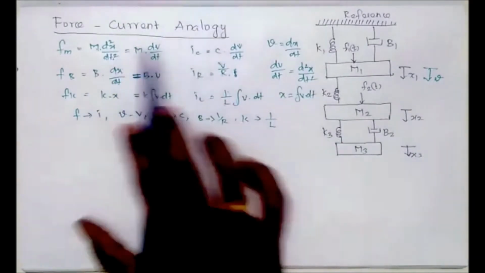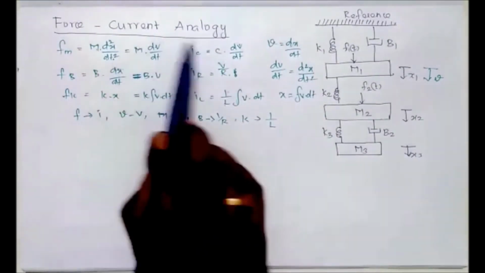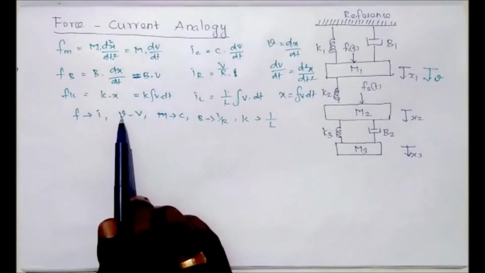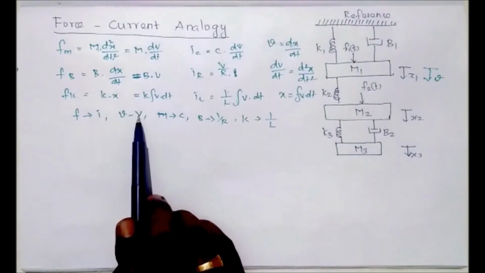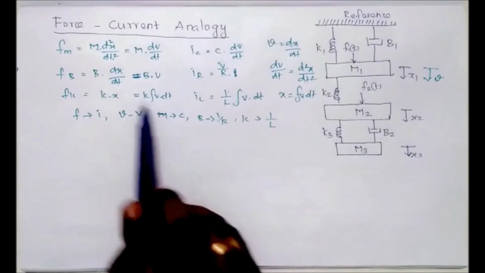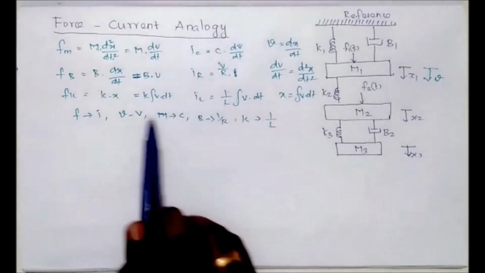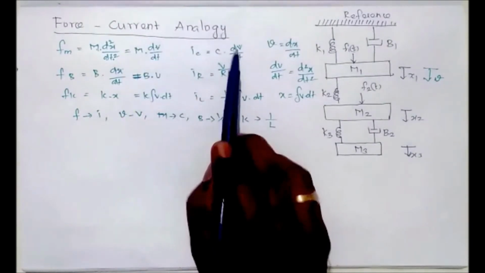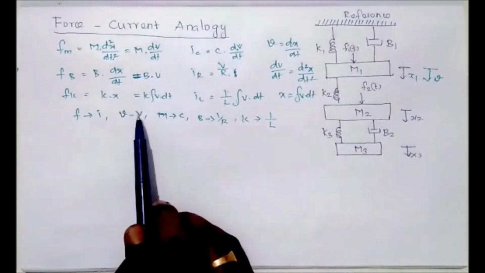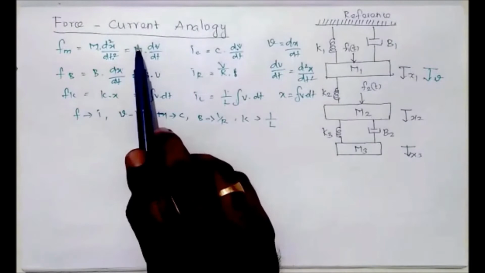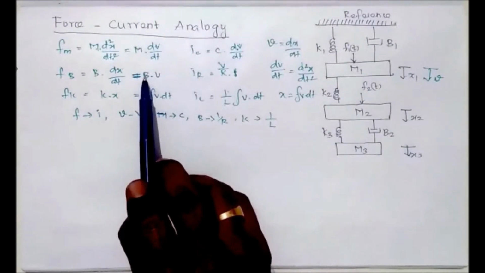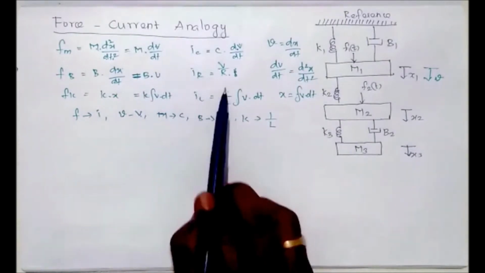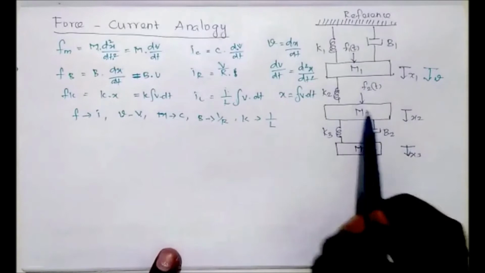So now we can compare these two. We know here input is force, here input is current. Therefore mechanical force, electrical current. In mechanical, if input is velocity, in electrical its equivalent is voltage. Similarly here mass, here capacitor, because here is velocity, here derivative of velocity, here derivative of voltage, because in mechanical velocity, in electrical the equivalent is voltage. Therefore m equal to C. Next similarly b equal to 1 by R, k equal to 1 by L.